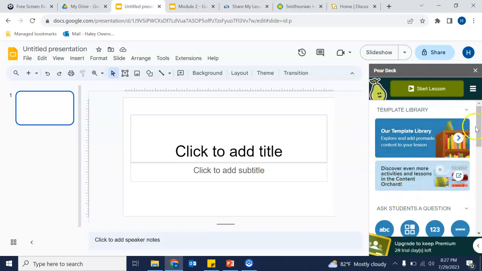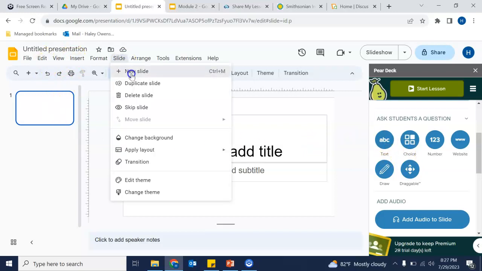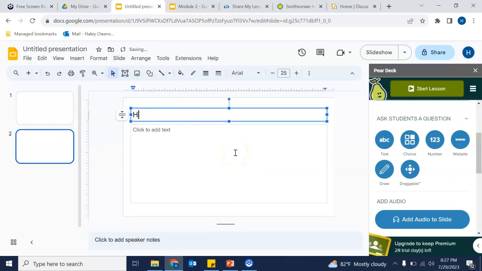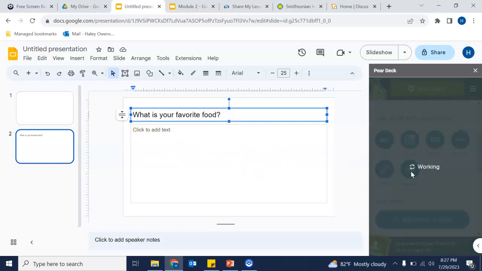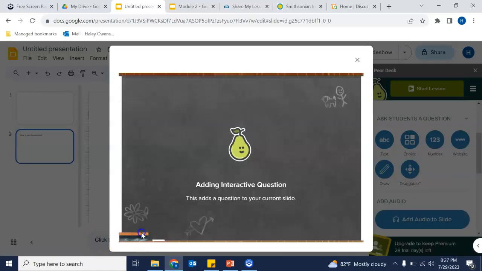Now, Pear Deck is really fun and interesting because you can add interactive questions into your presentations. So we're going to add a new slide, and we're going to type a question. What is your favorite food? Then we can add a way for students to answer, so you could use multiple choice if you had choices you wanted your students to choose from. You could add draw and have students draw their favorite foods. You could even insert pictures of foods and add a draggable where students would drag the dot onto their favorite food. So how that would work is you would click next, it would give you a dot,